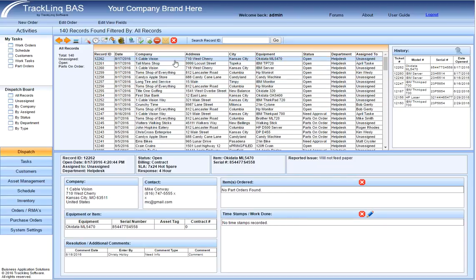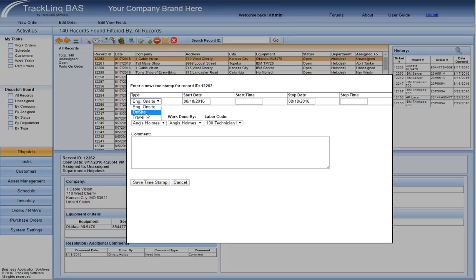You simply come into the dispatch board and you pick your company which this timestamp will be linked to, and come up to the timestamp work done button, click it. The timestamp types that are listed here are user definable, client definable within the system settings feature. You can add as many as you'd like. You can make them finite. You can change them. You can edit them and make them fit your company needs